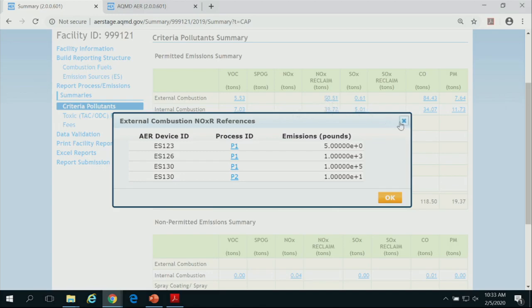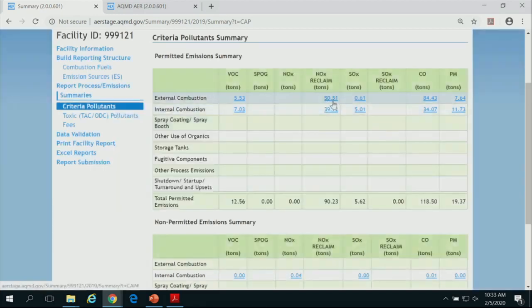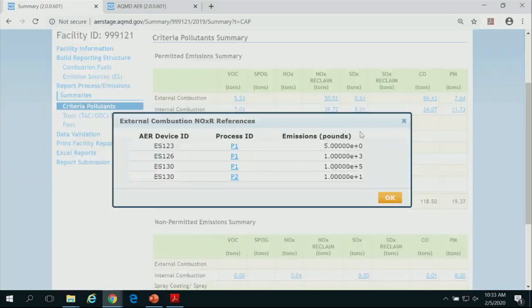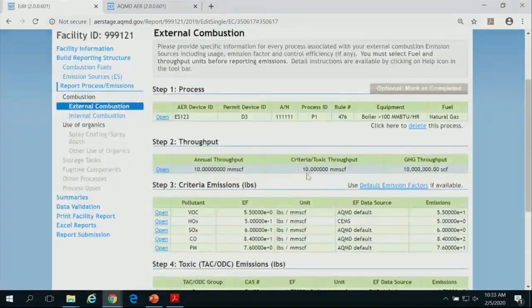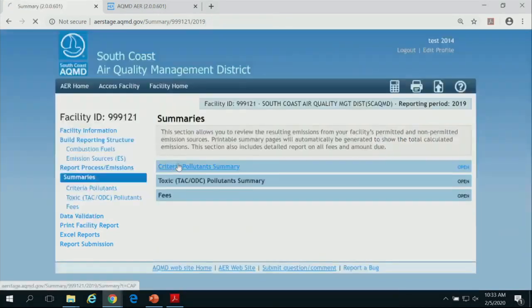So if you see right off the bat that you don't feel comfortable with a number, that it's huge, maybe there was a mistake. You can click on it and see where the problem is coming from. And by clicking on the blue link here, you can navigate directly to that device, so if corrections need to happen, you can just fix it.